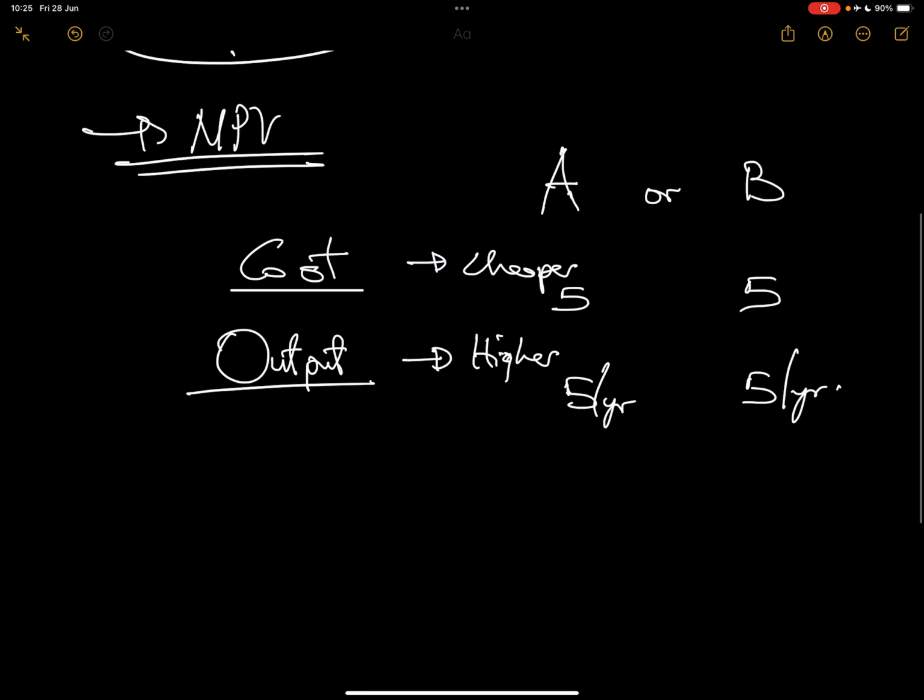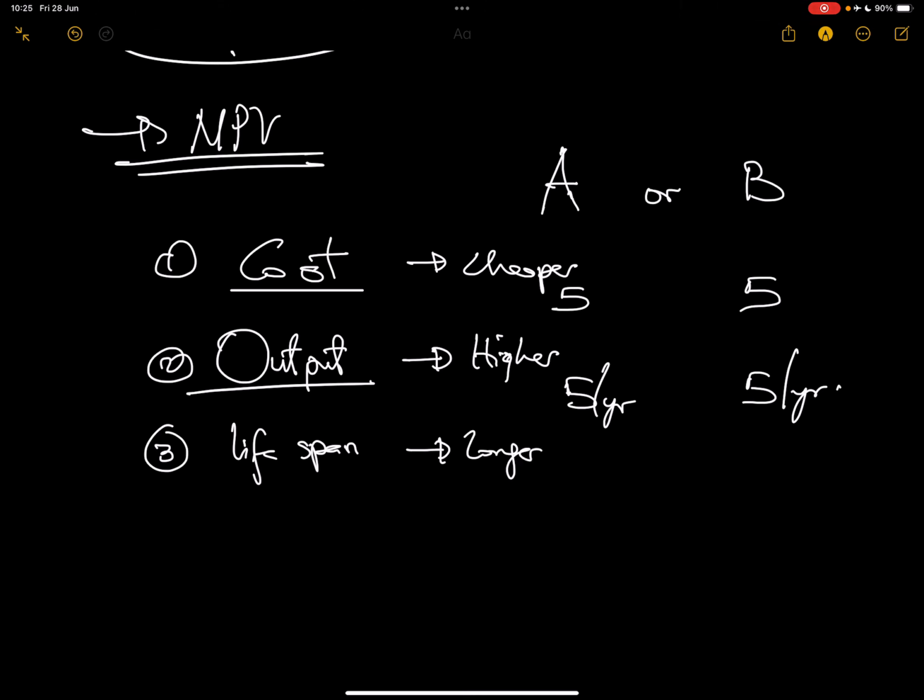And I'm sure you now remember, there's another factor that I need to consider. Then I will consider the lifespan of the asset. So whichever asset has a longer lifespan will be my choice, because if I can get 5 per year for 10 years, I would rather go for asset A that will give me 5 per year for 10 years, unlike asset B that will only give me 5 for 7 years. So you can see there's a lot of moving variables,